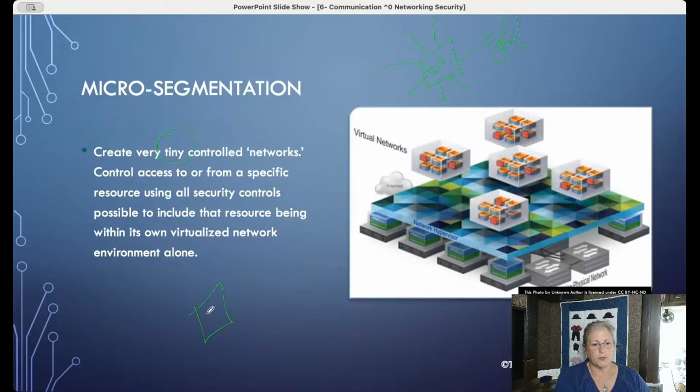So we could have a switch with a single device, virtual, not virtual, desktop, database, server, whatever it is that we want to isolate because it is of a higher concern for us within our business. We want to protect the data, we want to protect the traffic flow. And we could actually just build this teeny tiny little network, especially in a virtualized world, very easily. I say very easily, but it depends on skill and how much you're building, I guess. So microsegmentation is just simply that. It's the idea of let's isolate devices, virtual, in a very tiny little network.